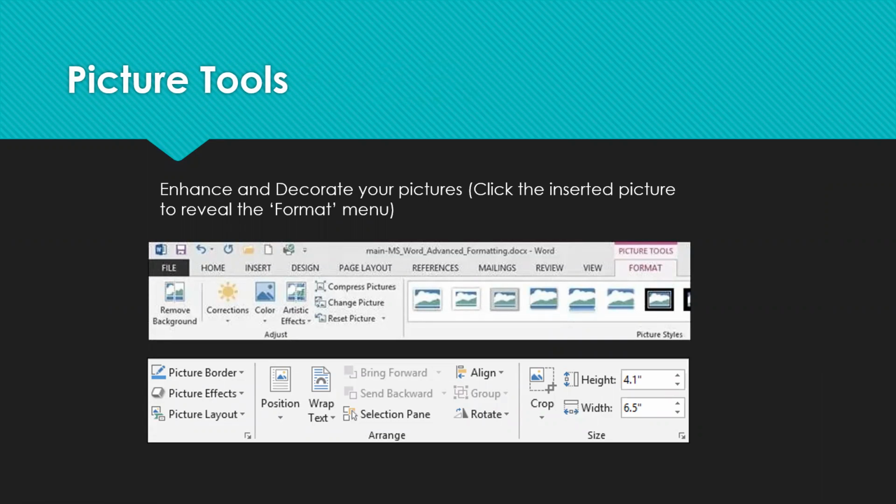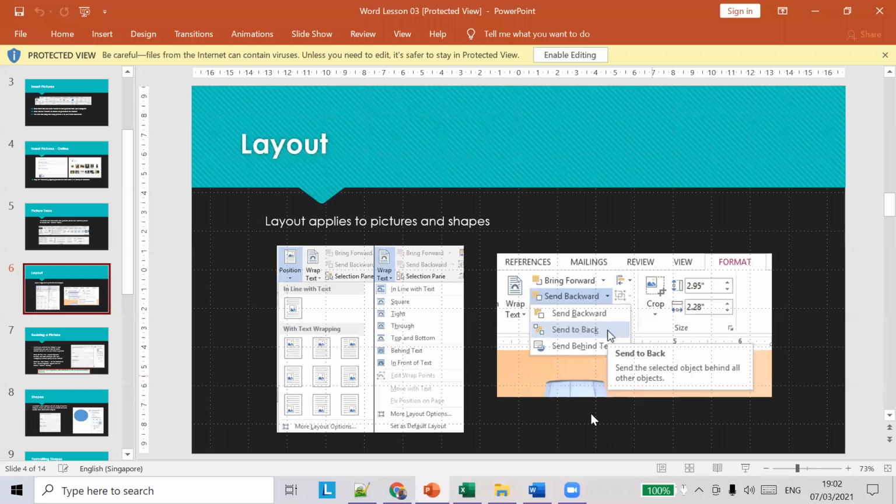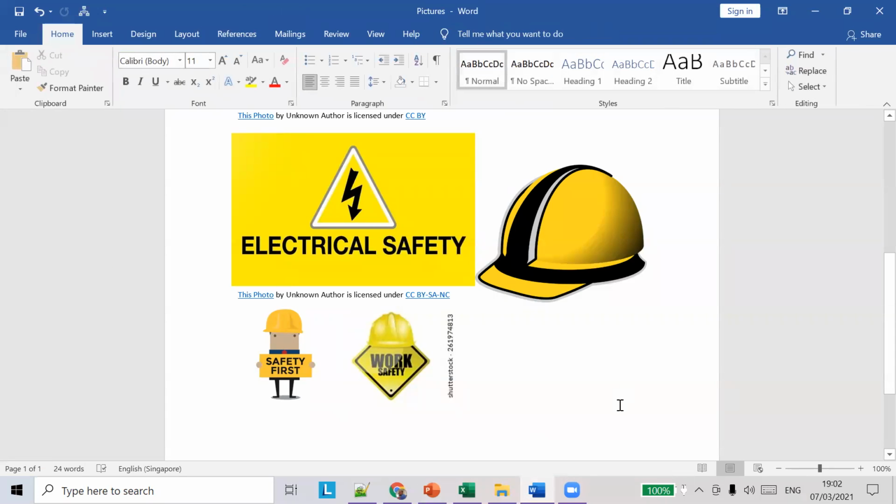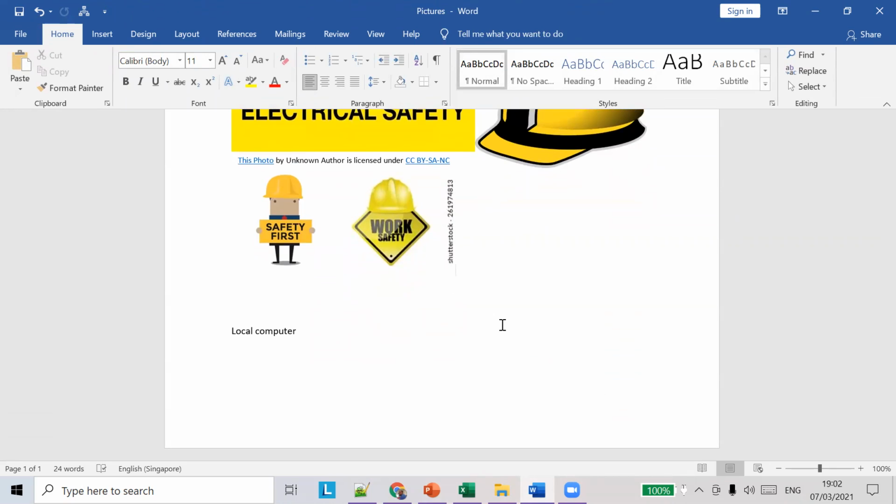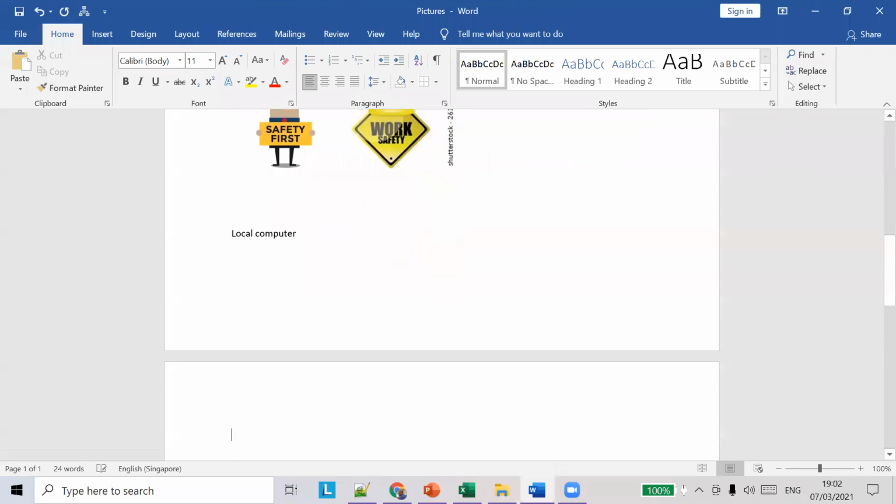Maybe we'll see the menus here. Whenever you select a picture, this format menu will appear automatically. If you don't select a picture, it won't appear. Let's say I open this picture, and the cursor is not on the picture, it lies somewhere down there.